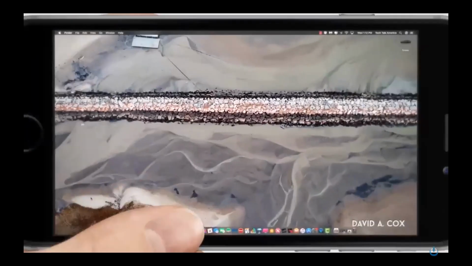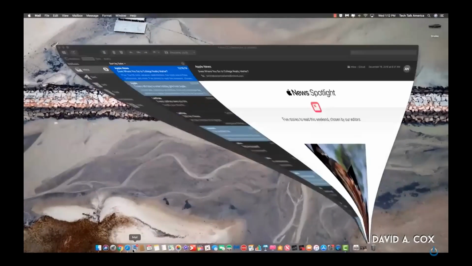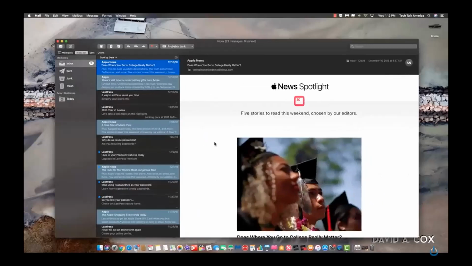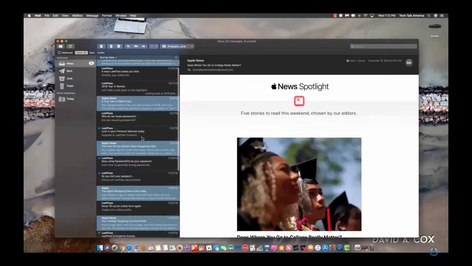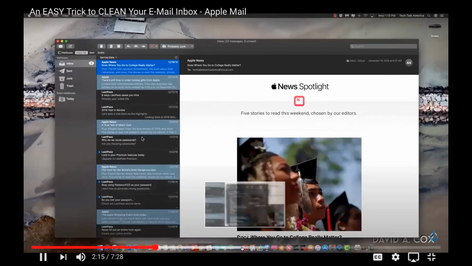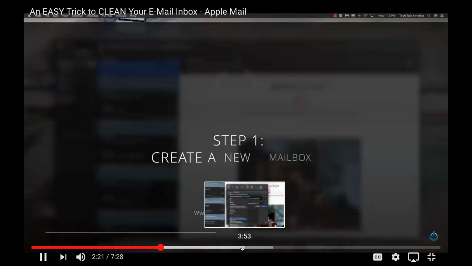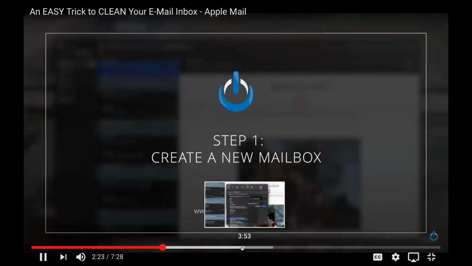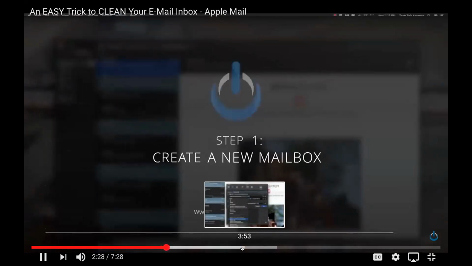All right, everyone, let's start by opening up the Apple Mail application. Please understand this email account that I use is a demo account, so there's not really a lot of email to work with here. But if you take a look at the messages, these are pretty much all junk. So when all is said and done, it should automatically filter basically the entire inbox. The first thing we need to do to get started is create a brand new mailbox so that we have a place to store all of this junk.